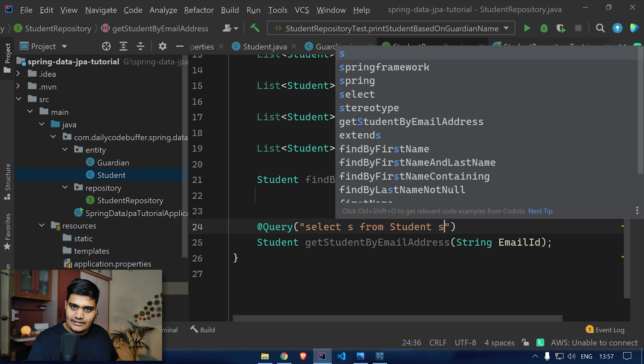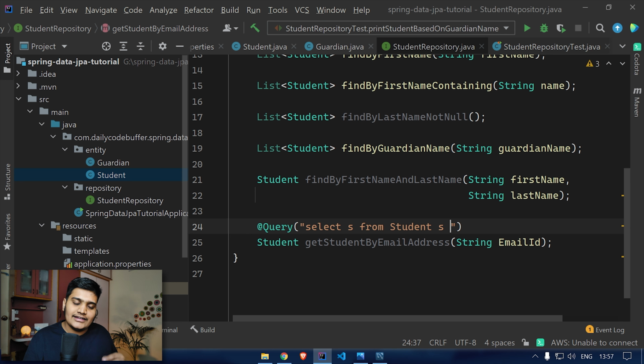s from Student s. So the JPQL queries are defined in a different way than the native SQL queries. But this is very simple over here. Okay, so the JPQL queries are defined based on the classes that you have defined, not based on the table names and the table attributes, table column names. This will be defined based on the class that you have created and the attributes that you are using in your class. So you can see that I'm not going with tbl_student. I'm going with select s from the Student class that I have created, and I want the student where